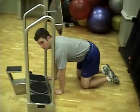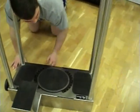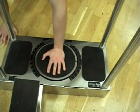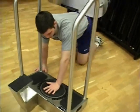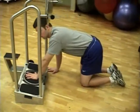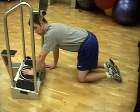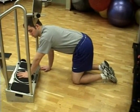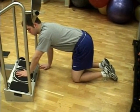Next thing Ben is going to do is place the palm of his hand right over the center of the disc, and from there, using nothing else but the small muscles in his shoulder, he's going to slowly start to rotate his shoulder outwardly. He does that until the machine makes its first stop, where he can't turn anymore without compensating with any part